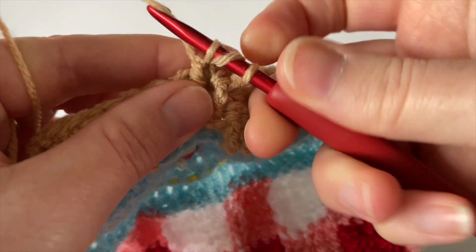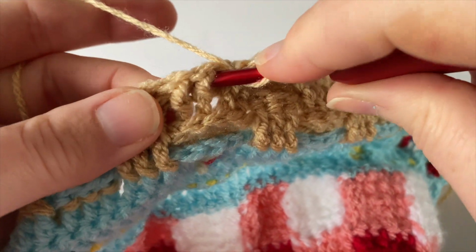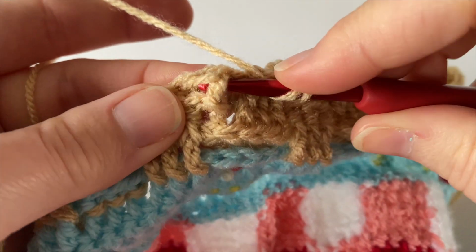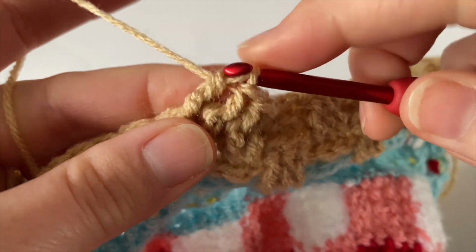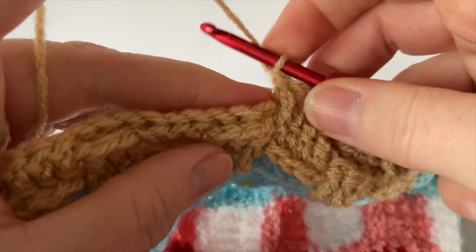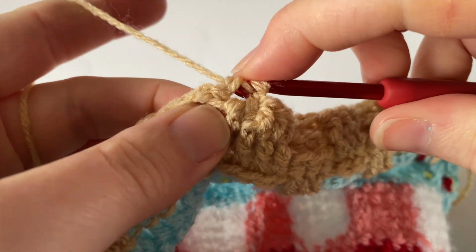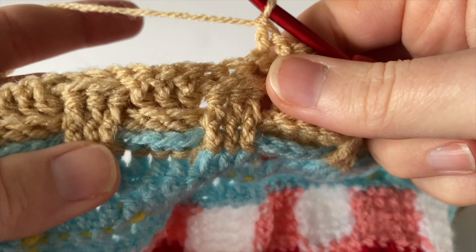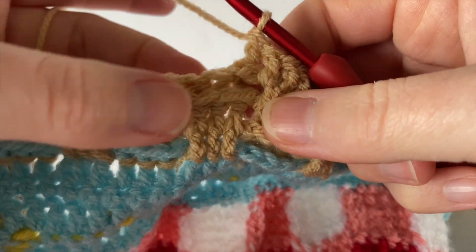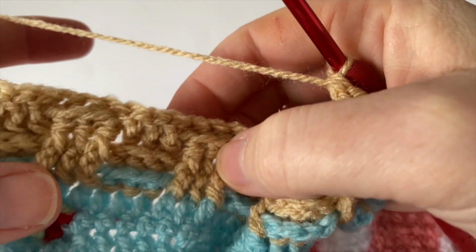1, this is 2, 3, and then 4. And then looking at the pattern, we now do 1 raised treble back, that's a back post double crochet around each of the next 3 stitches, followed by 1 raised treble front, that's a front post double crochet around each of the next 3 stitches, so 3 and 3, and repeat that 4 times in total, that's 2, 3,